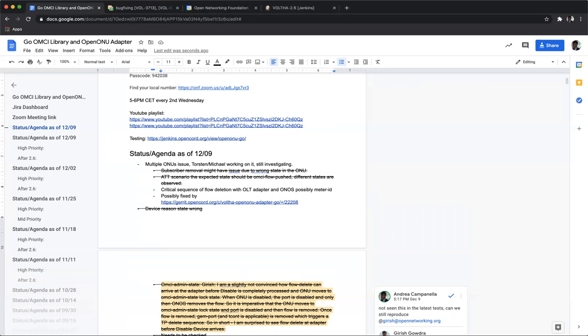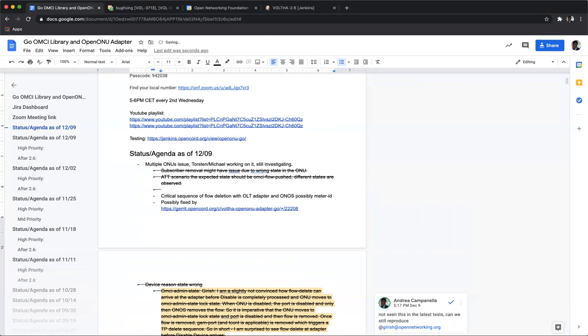At least Torsten tested in his environment once more the 2x2 ONU setup, where he had seen some errors a week ago or so, and was not able to reproduce that. So maybe that is good by now also.